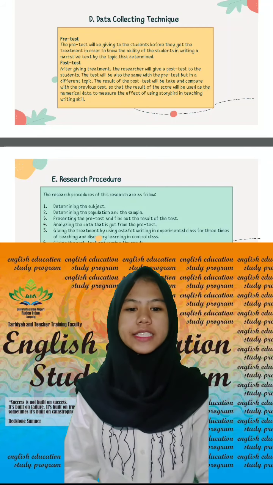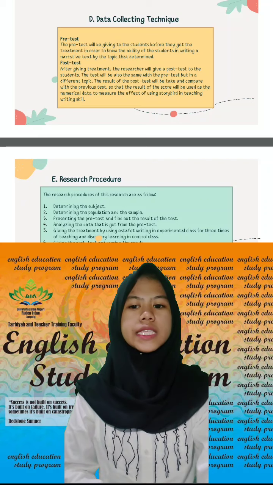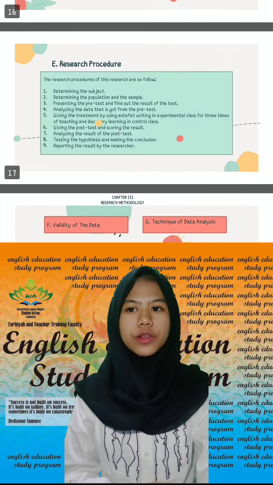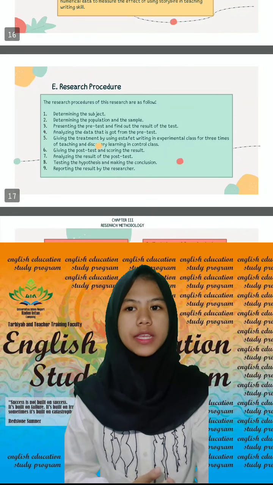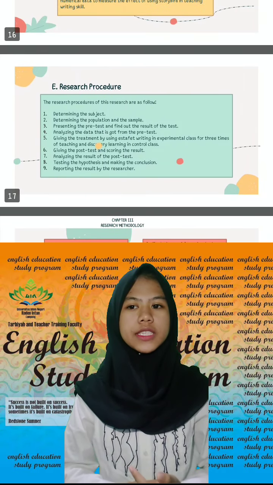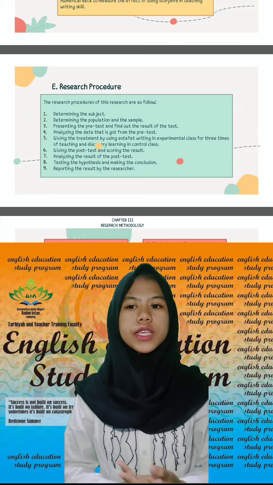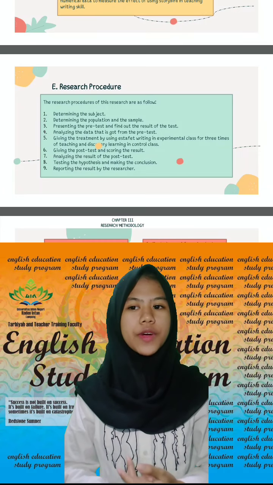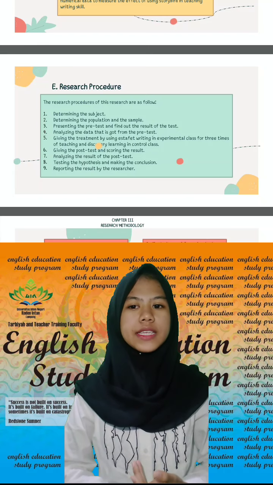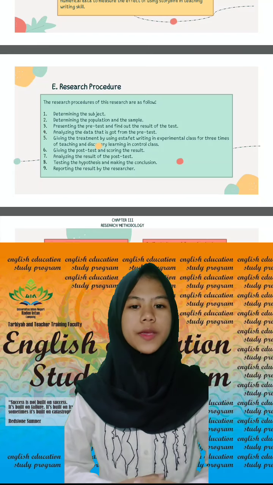So the next is research procedure. The research procedure of this research is as follows. The first is determining the subject. The second is determining the population and the sample. The third is presenting the pre-test and finding out the result of the test. The fourth is analyzing the data gotten from the pre-test. The fifth is giving the treatment by using the Storybird application